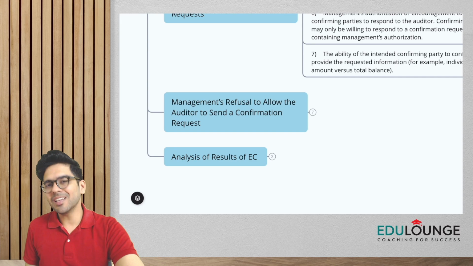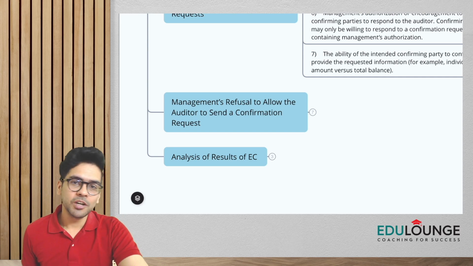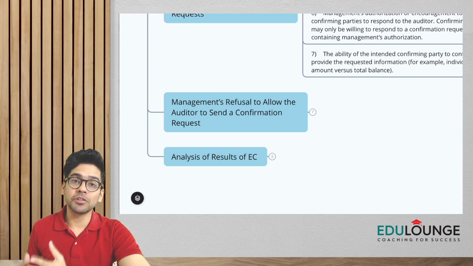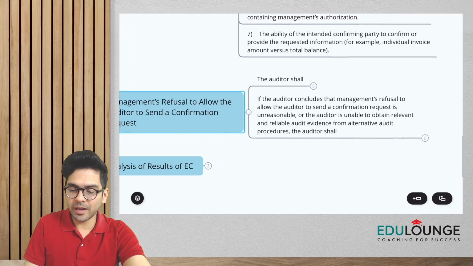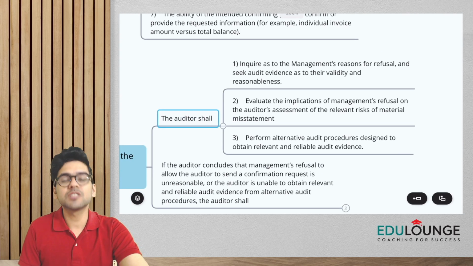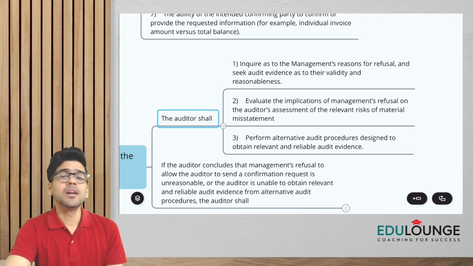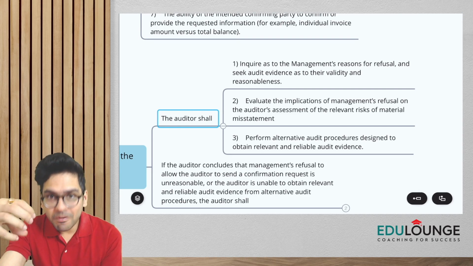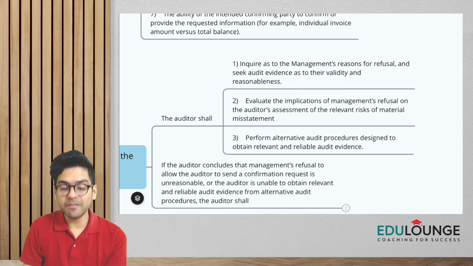But in certain instances, it might happen that the management has refused to send the confirmation request. I mean, they have asked the auditor not to send the confirmation request. In that case, what has to be done? Number one thing, guys, the auditor shall inquire of the management the reasons for refusal. You have to understand why management is refusing, and see whether the reasons are valid or not, and then you have to evaluate the implication of management's refusal on the auditor's assessment of relevant risk of material